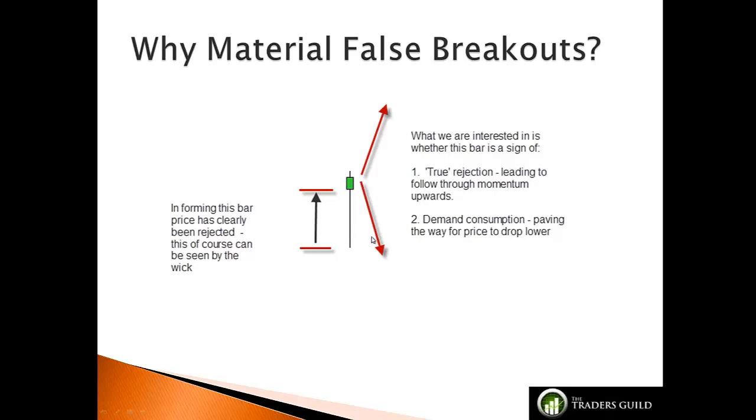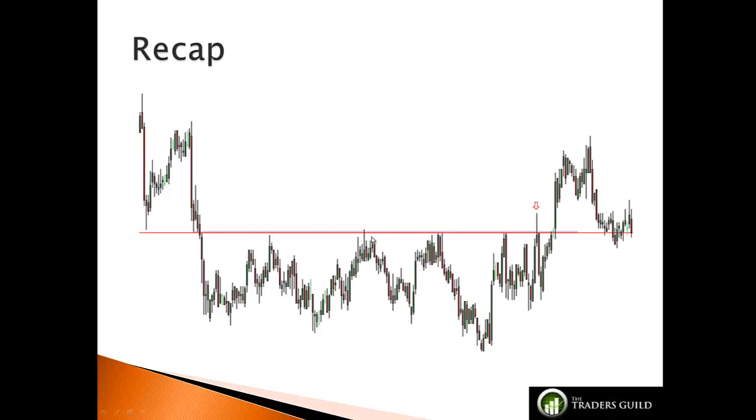If I go back to a previous example, this is a resistance. Each time price hits this and gets rejected away from it, it is consuming some of the supply within this resistance, okay? That's why when we talk about price coming back to the fourth, fifth, sixth time, it's getting weaker and more likely to cause a breakout. And it's one of the reasons why we trade the first time back strategy, because the first time back to this broken